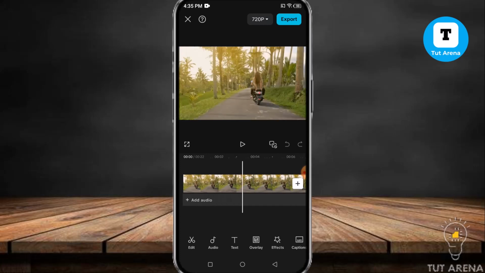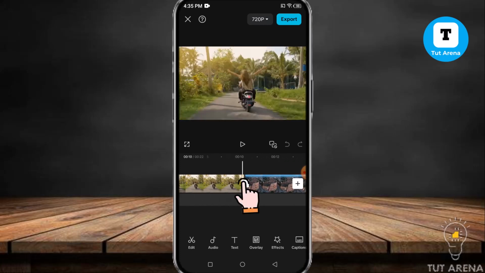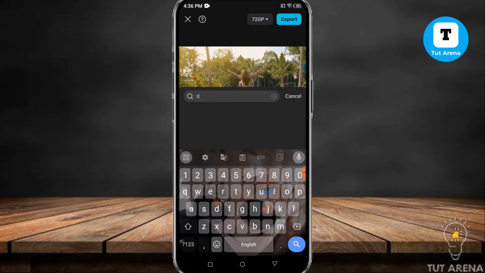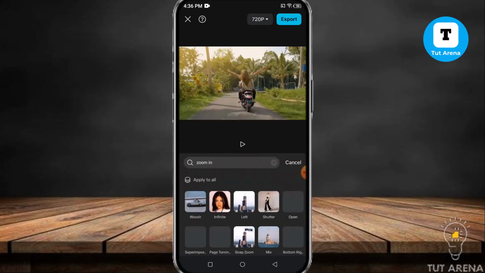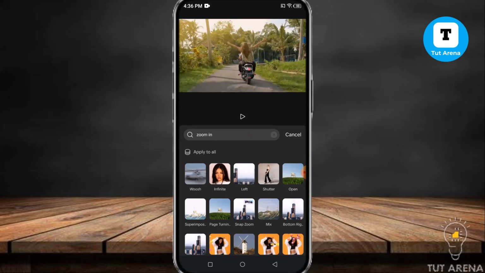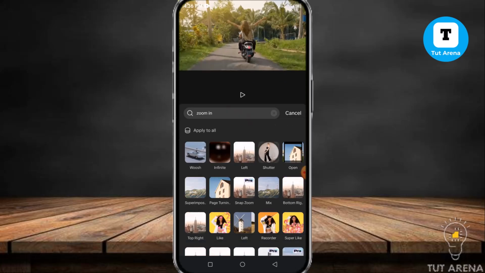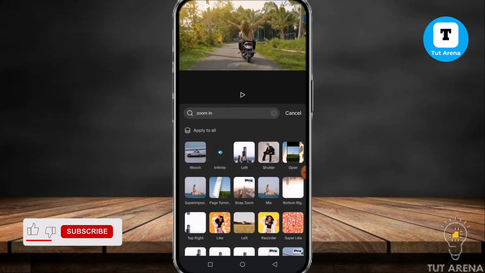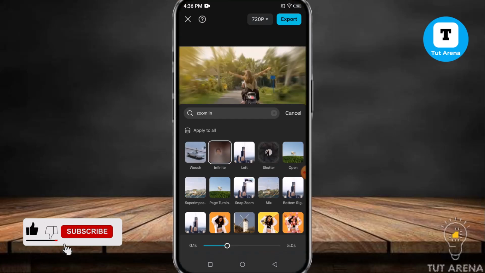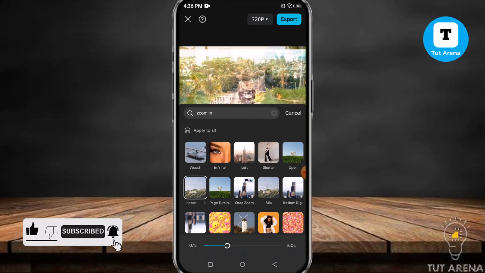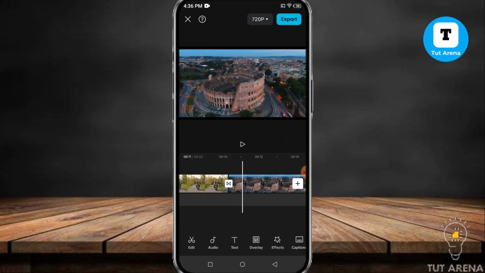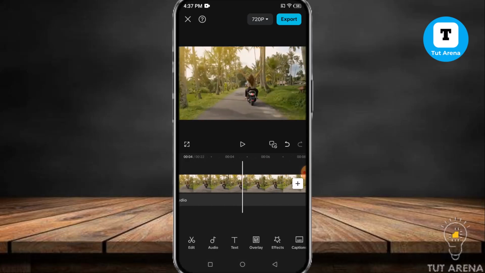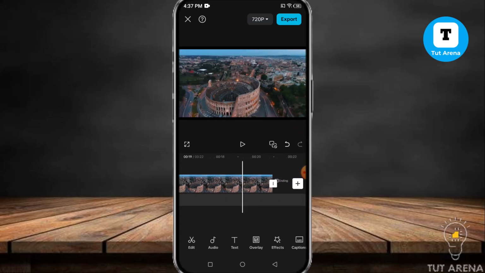When you find your video clips in your timeline, it's time to add transition on it. I'm going to add zoom in transition here. Select your transition that you want to add. Now let's go. And in here, if you watch your video, at the end